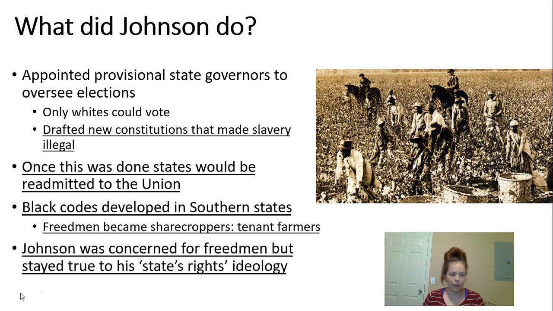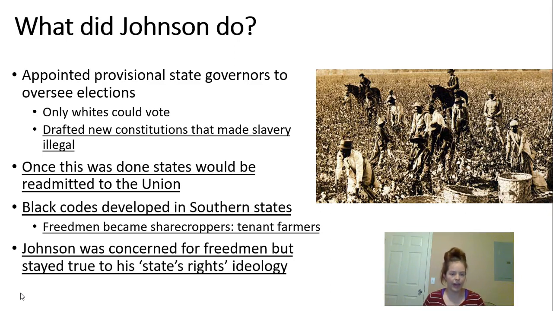An important thing that's going to come out of this, though, is that we see black codes developing in the southern states. And with black codes, we have a very early foreshadowing of Jim Crow laws. So it's a separation: whites have this area or this water fountain to share, and blacks have that water fountain to share. So it's the early beginning of segregation in the South.